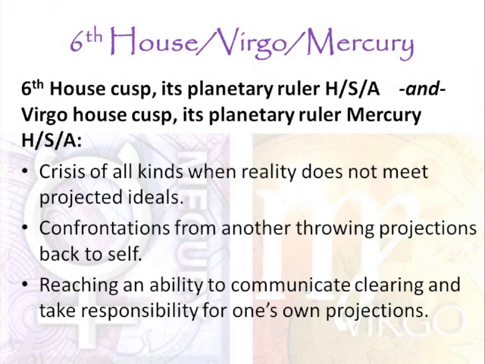And as we do that, then what we're going to want to be doing is reaching for a deeper ability to communicate this in a relationship, to more clearly communicate it, and then each person takes back the responsibility for their own projections. Again, that then creates all that 12th house ability to reach for that unconditional love, because we're minimizing the projections, expectations, and ideals on the ultimate level.